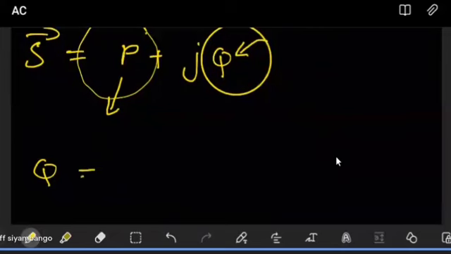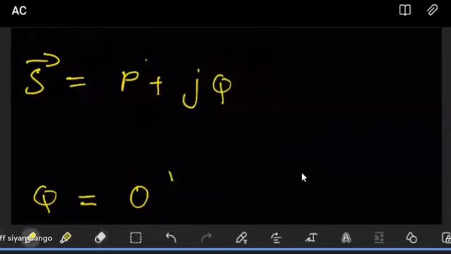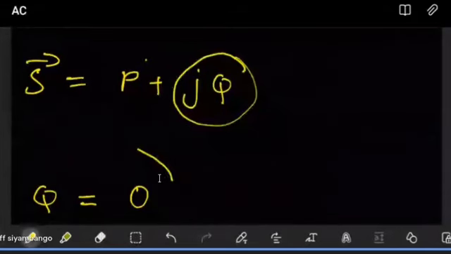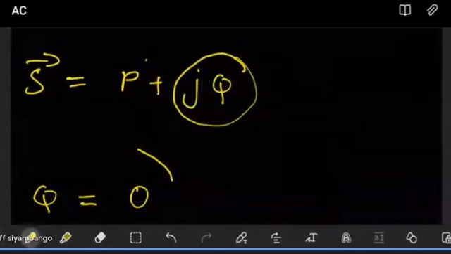Well, let's assume it is equal to 0. As I say theta there again. What happens? What does this mean if the reactive power is equal to 0? Can you guess what that implies? We know the complex power is given by this expression. But suppose this part is 0. What does that mean? Well, in such an event that the reactive power is actually 0, it means, you see, this reactive part,